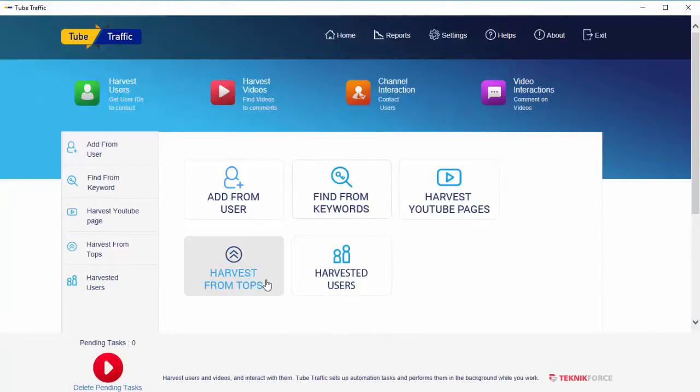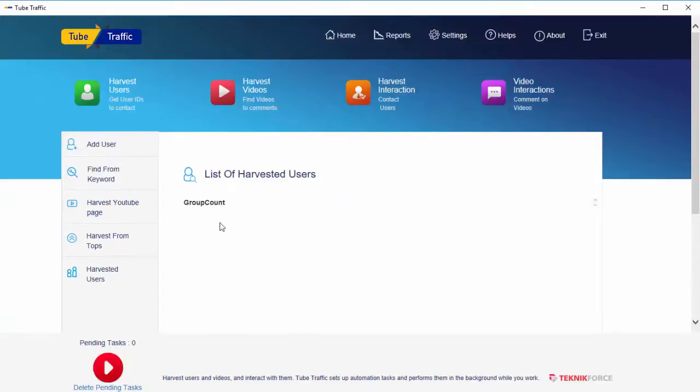Then you've got the tops. YouTube has some top lists, like all the top ranking channels. You can use the top lists too, but that traffic is a bit wider. So if you use this, you're going to get traffic of a wider nature, not really so targeted. And finally, you can see a list of all the users, all the channels that you've harvested over here, right?